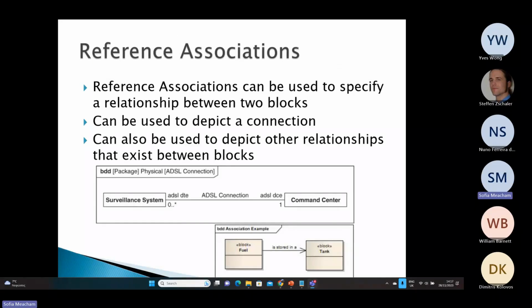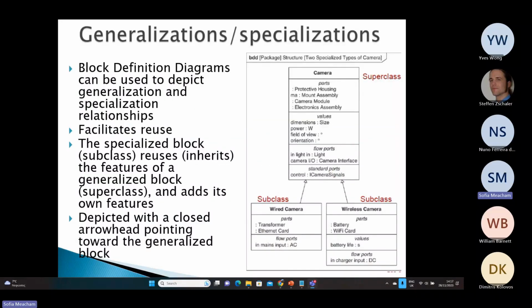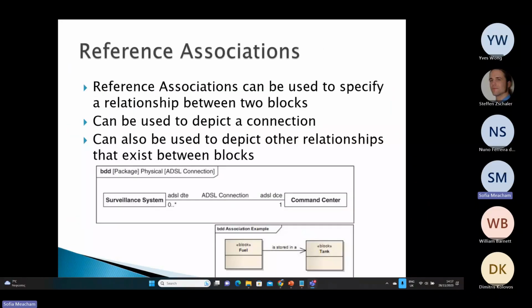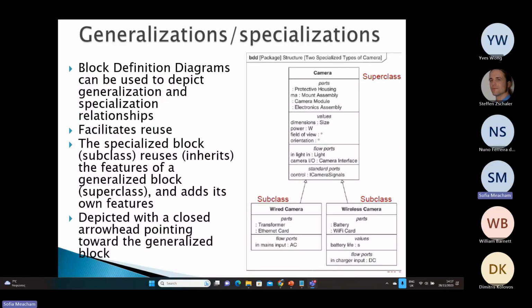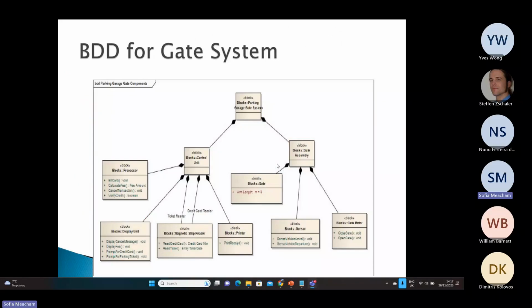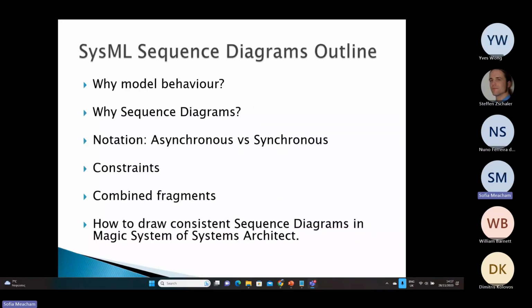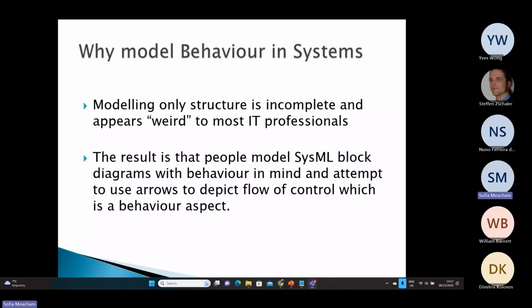The reference association, again, is an association that you use in UML as well, where we define that two blocks are referenced to each other. And the generalization is when you have inheritance. So I suspect you know all this. I'm going to move quickly to the sequence diagrams, and then we'll go into practical things as well. The sequence diagrams are exactly the same as the sequence diagrams in UML. They are here to